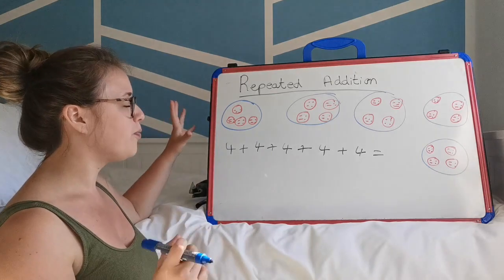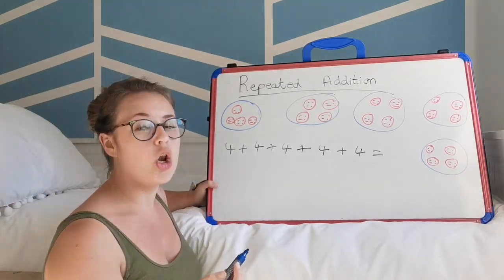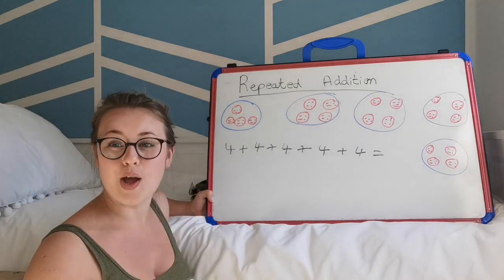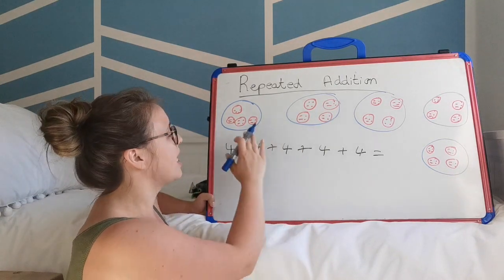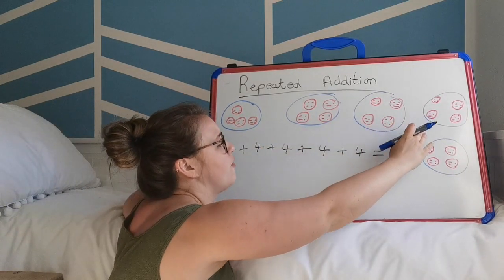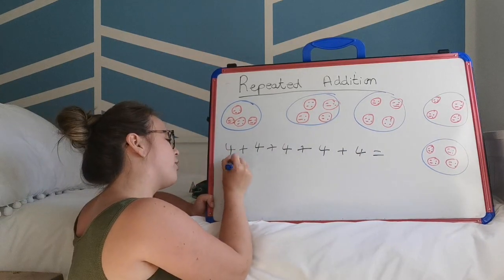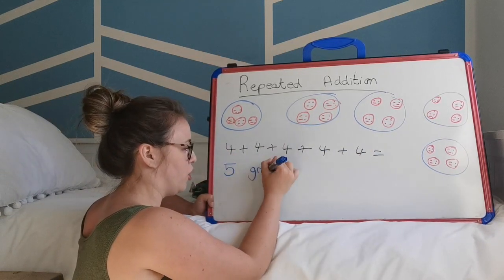So now I need to look at how many lots of 4, and this is where lots and groups have come in. So how many groups of 4 have I got? Well, I can count 1, 2, 3, 4, 5. So I have got 5 groups